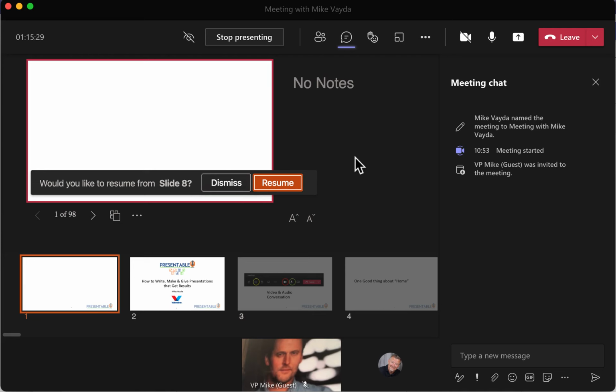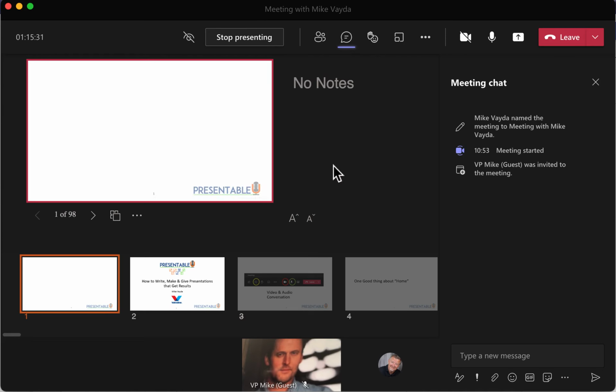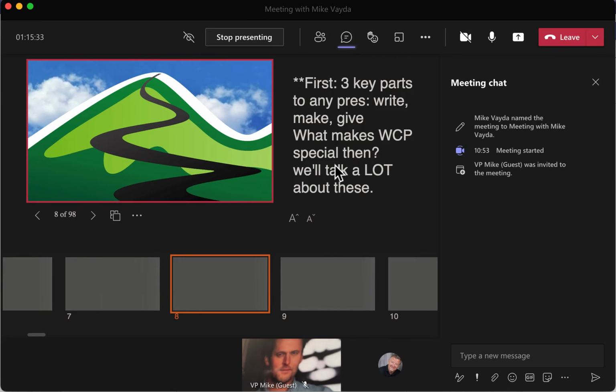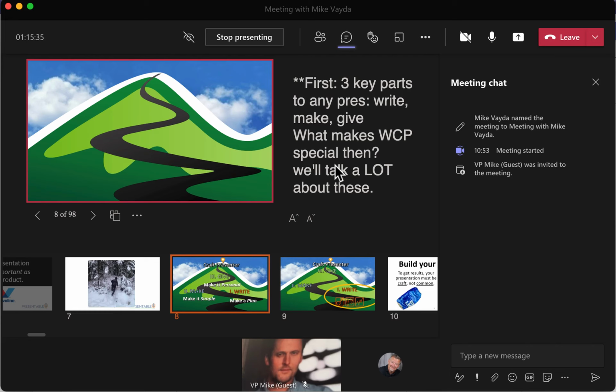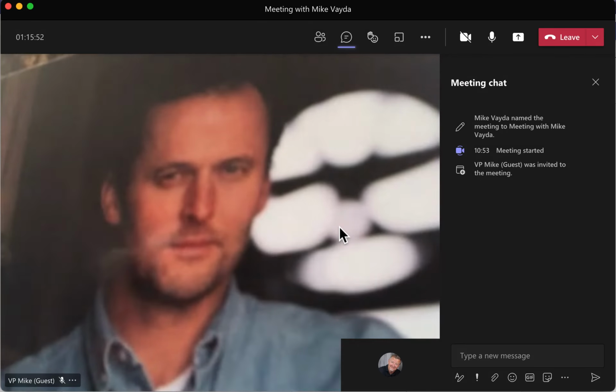Just a couple caveats with PowerPoint Live. It is still not perfect. So certain transitions, certain animations will not work the way that you think they should work, and certain fonts won't work. So always double check, always open and go through your entire presentation and check it first to make sure everything works. Aside from that, it works quite well, and it might very well be the best way for you